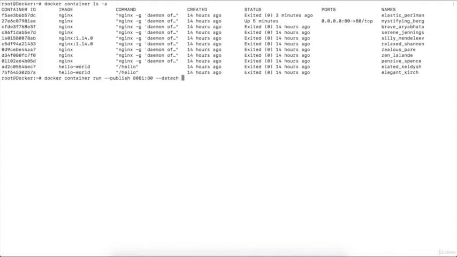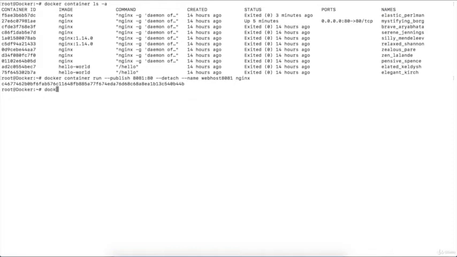There is a new parameter I'm going to insert, --name, and I can name it anything I want. Like I'm going to name it webhost8081, right? Then the image name I'm going to run. So I'm going to run nginx. Press enter. You can see a container is being executed.